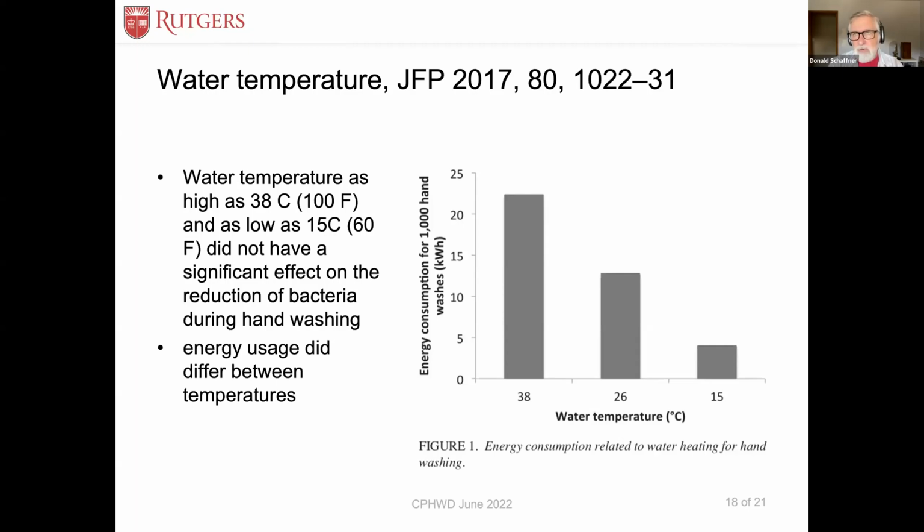And thanks to our research and our efforts to change the code, that has now changed from requiring the sink to dispense water at 100 degrees to now to use language that's consistent with the plumbing code, which says that the hand wash sink has to be capable of dispensing tempered water. And tempered water is water, I think, that's in the temperature range of 70 to 90 degrees Fahrenheit. I forget exactly, but basically it makes it